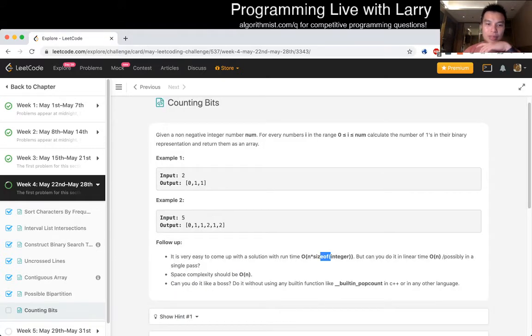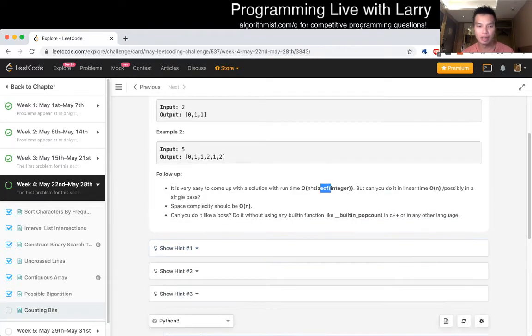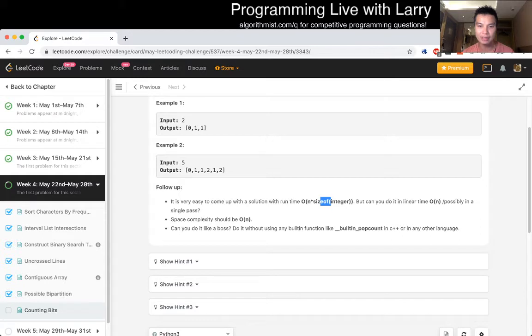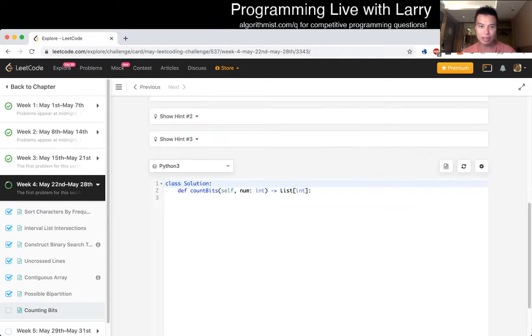Okay. So I think the naive algorithm is just going through each number and then counting, which I think is actually what this is saying. But can you do it in linear time, possibly in a single pass? And I think you can, based off the fact that